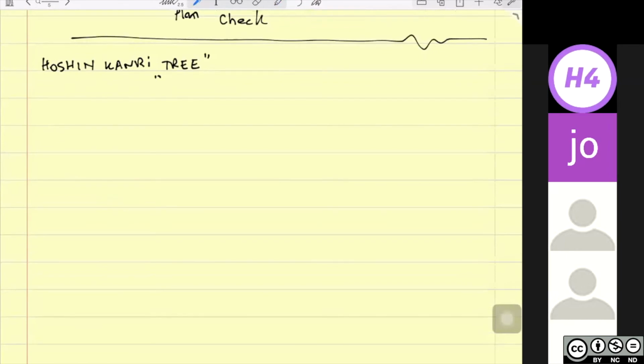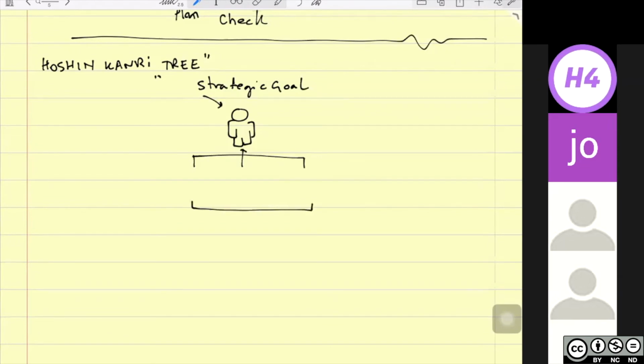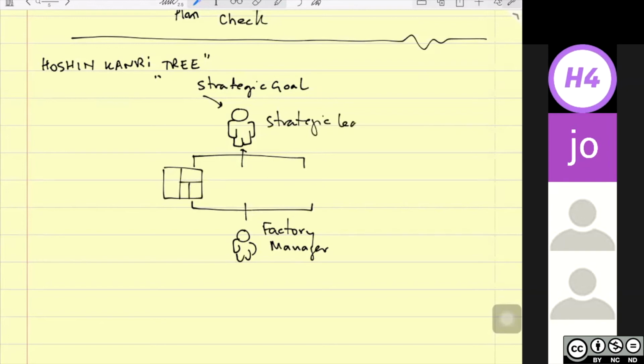Okay, now imagine we have our senior manager that gets some strategic goals from top management, and this person wants his factory manager to report to him or to her in a systematic manner. So the next level is the factory manager. Okay, and this person, the strategic leader, senior leader,